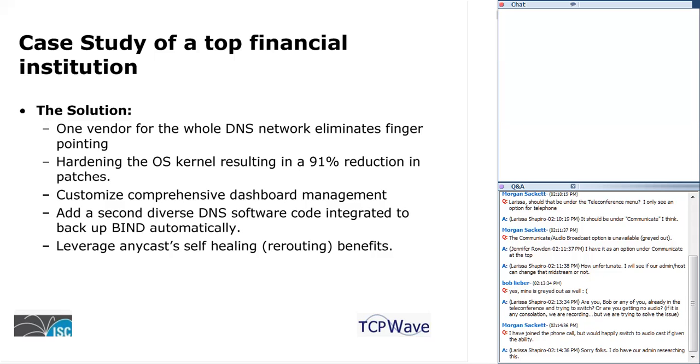We also use watchdogs to trigger automatic disaster recovery features. For instance, we added a second diverse DNS software to back up BIND. Then we leveraged the watchdogs to automatically toggle from BIND to the backup DNS as soon as there was any kind of problems detected. And of course, we leverage Anycast self-healing rerouting benefits, but here's where we can differentiate ourselves again,